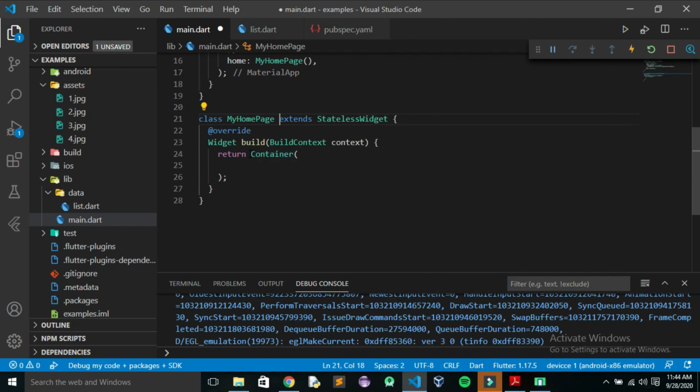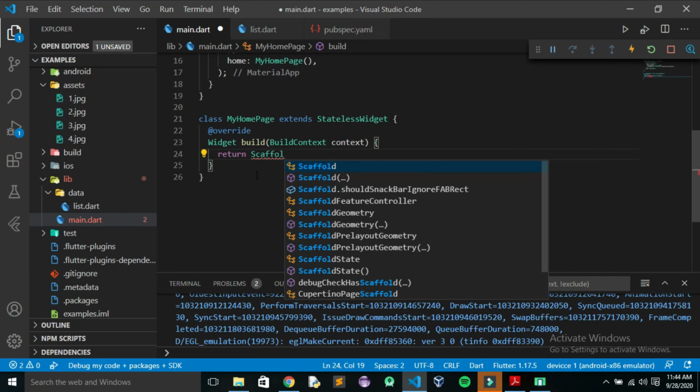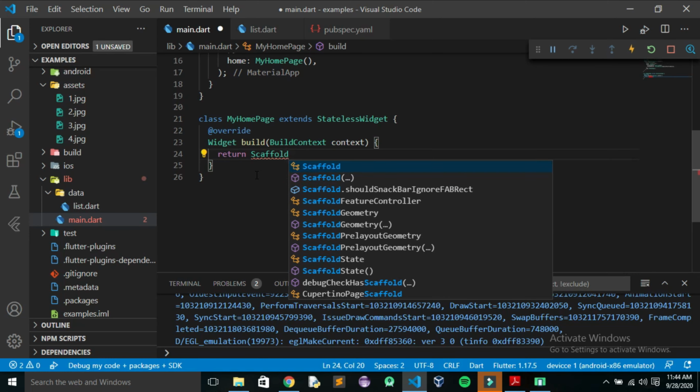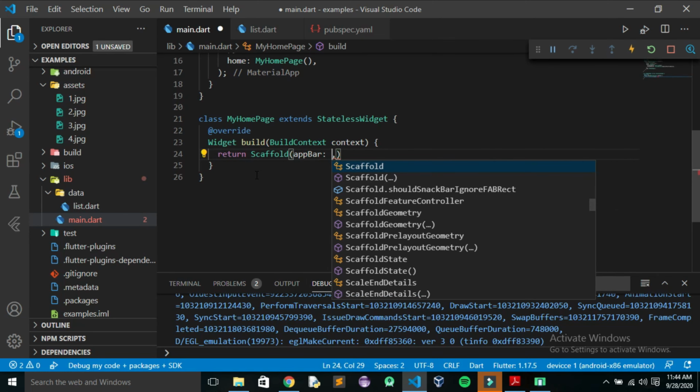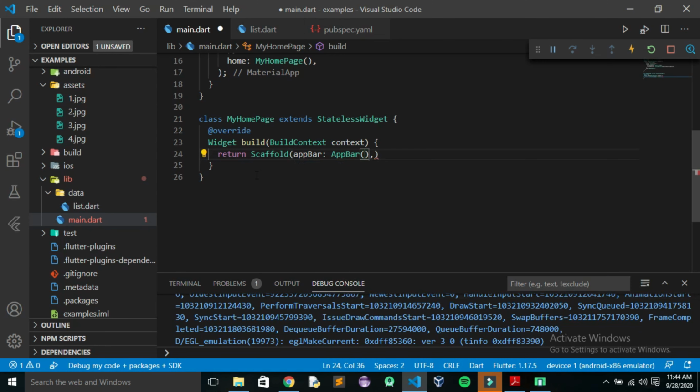Here it is returning the container, but since I want an app bar, I'll use Scaffold, and then appBar, and within the title you can give anything, just enclose it within the Text, that is listview.builder.